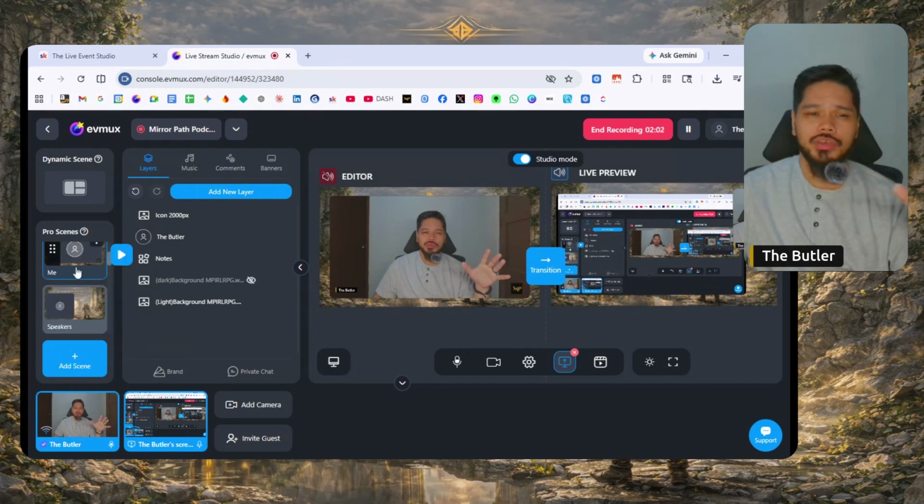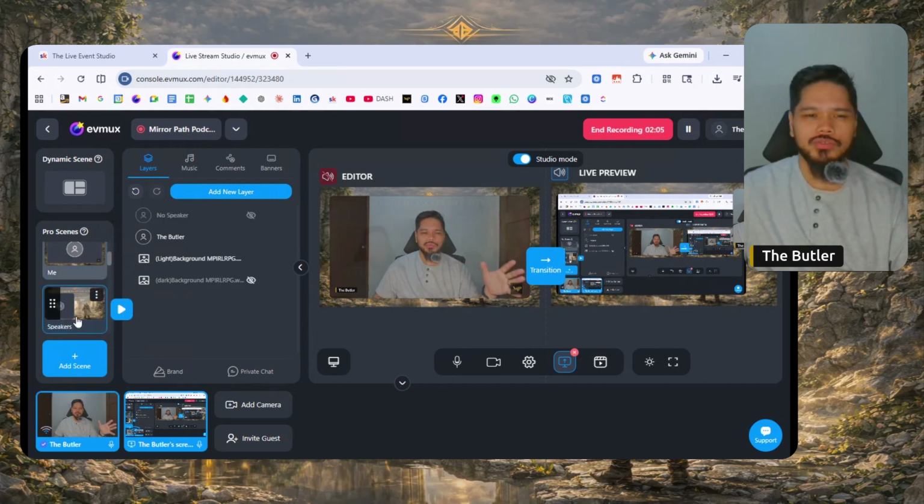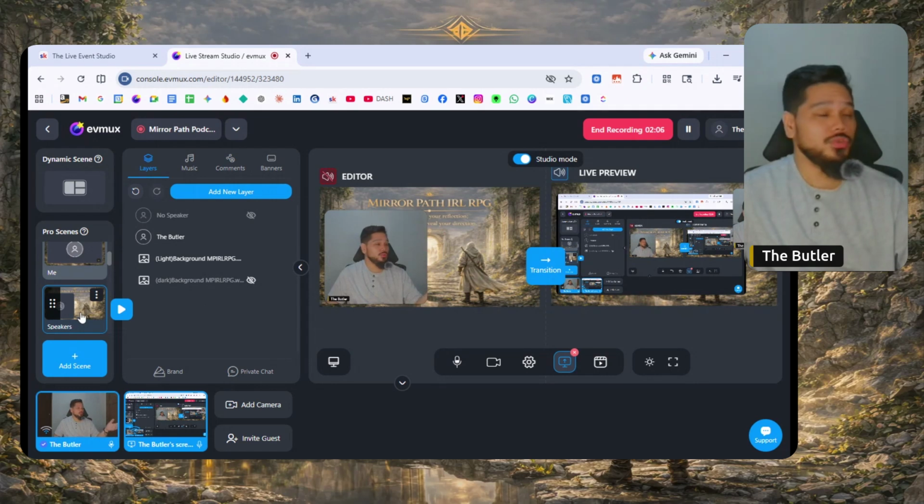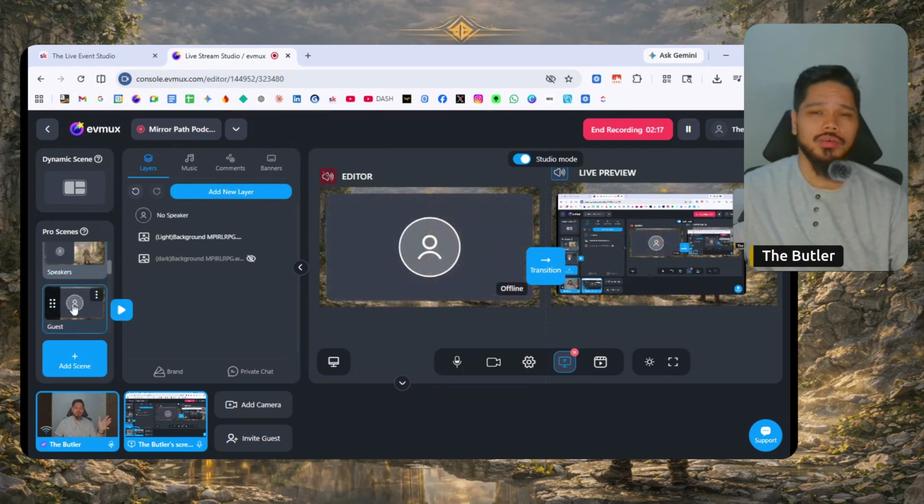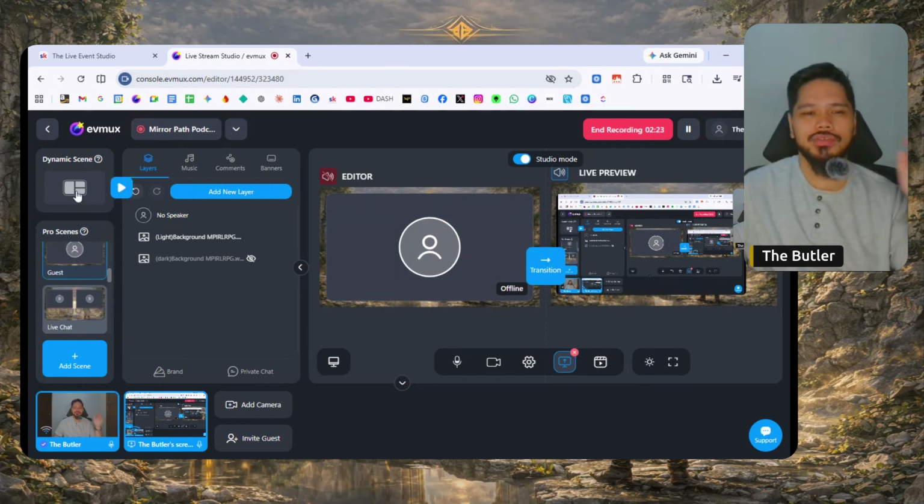This one's just me, and then if I click on the next one, this is where I'll have introduced already and start talking to the guest on this side. And yeah, so after I introduce them, I'll just go straight to them, and they'll be able to talk on a full screen. I also enabled dynamic scenes in some of these, where it's super seamless to pop in a spotlight, but